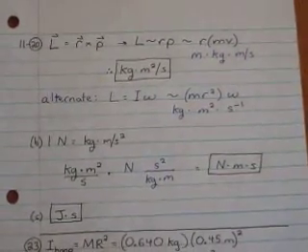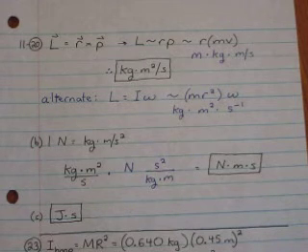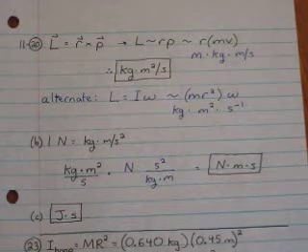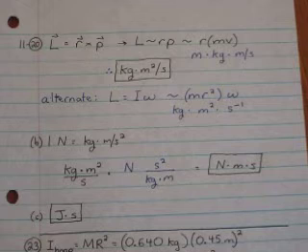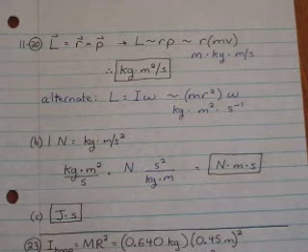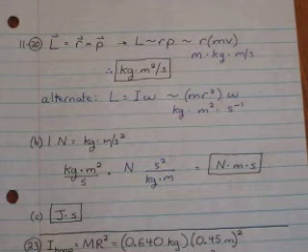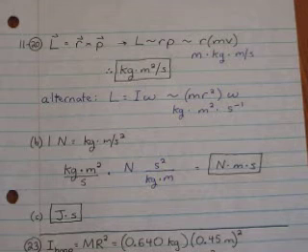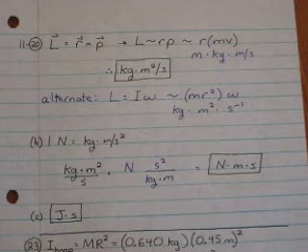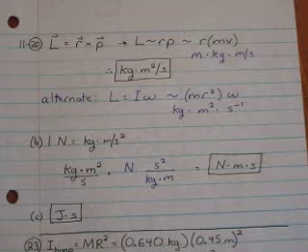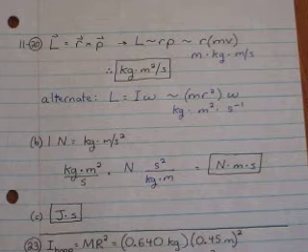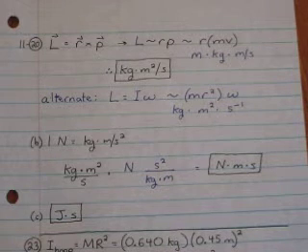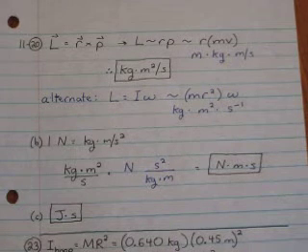Number 20 is an exercise in dimensional analysis. Express the units of angular momentum first using only the fundamental units, kilogram, meter, and second. I'm going to show one of many ways to do this. Whenever you're doing dimensional analysis and you want to break something down into its fundamental units, the first thing to do is just to think of any equation, the simpler the better, that uses that